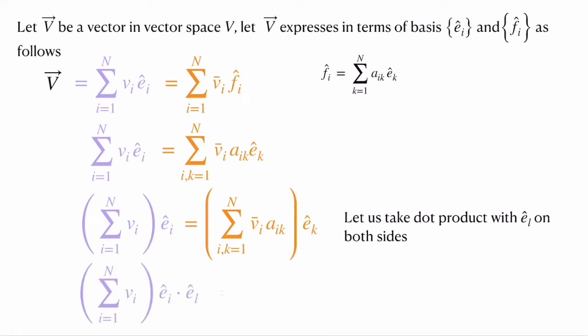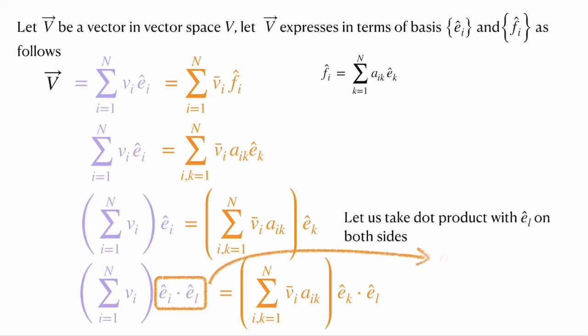We take the dot product on both the right hand side and left hand side, and then we know that Ei dot El is equal to delta il, and Ek dot El is delta kl. With this substitution, we can sum over, because the delta trivially satisfies the summation,